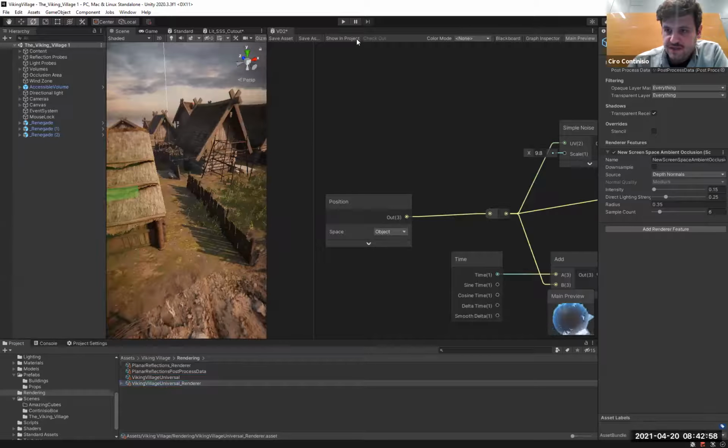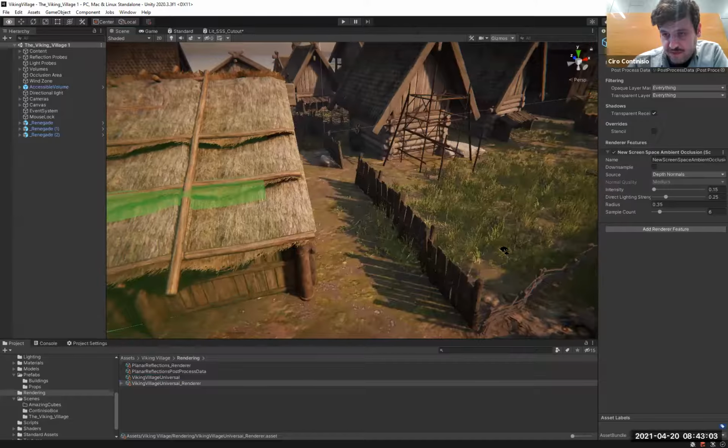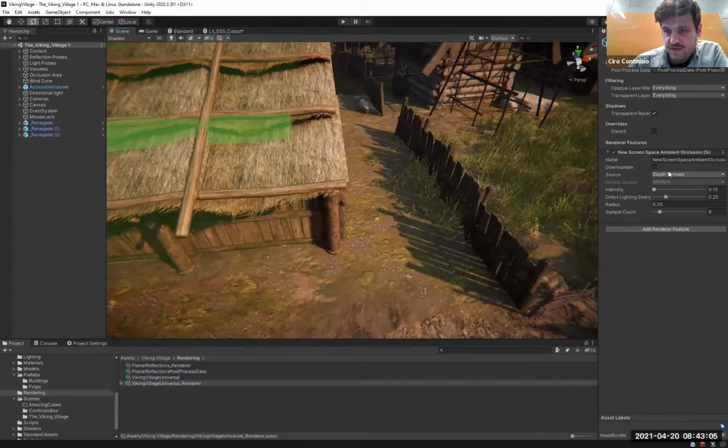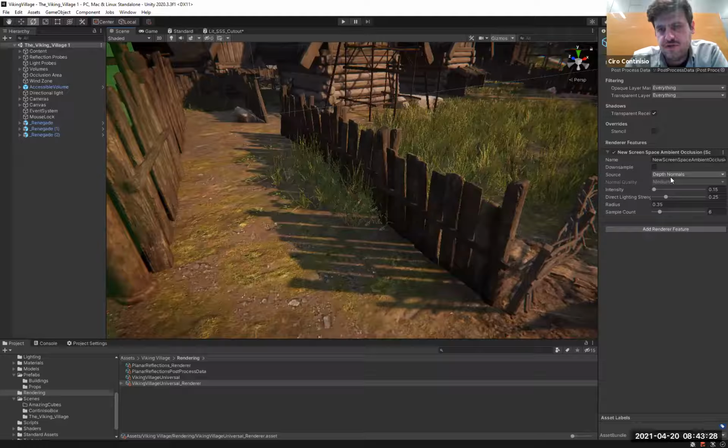So you will notice now that the SSAO actually relies on this, it says source, depth, normals. So the SSAO is relying on this texture, which uses the depth and the normals of the geometry in the scene, which was also available before, but you had to do a little bit of a hack to get it. Now, due to a reorganization of the code, you can actually access this texture yourself and use it for various effects. So there's an API which is highlighted in the changelog in the URP, which allows you to access this texture.